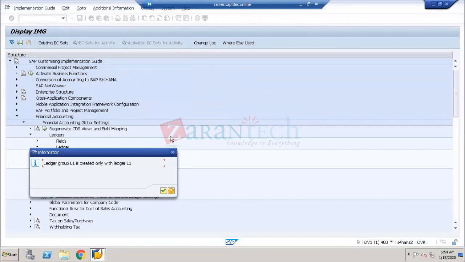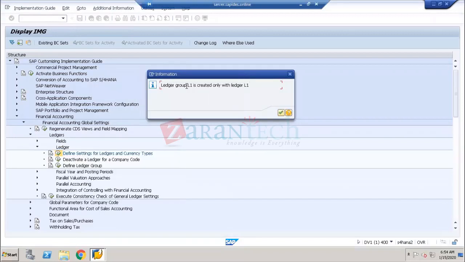In the background, see here, automatically for every ledger, the system will create one ledger group. I'll tell the concept of what the ledger group is. Now this is the information. In the background, automatically, whenever you're creating any ledger,